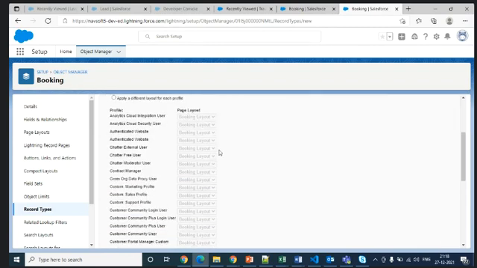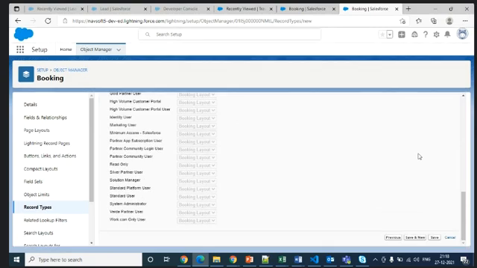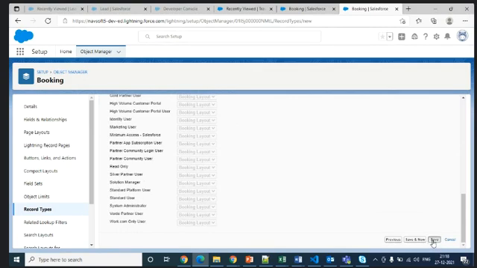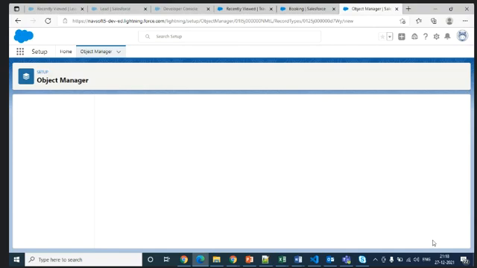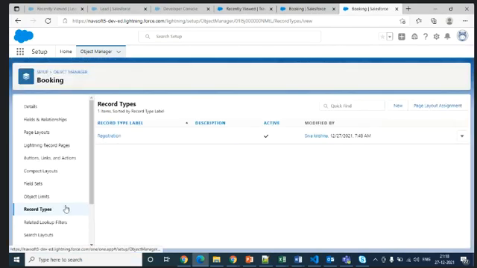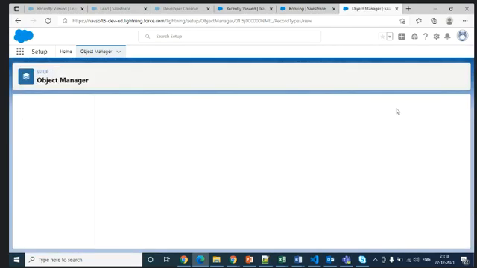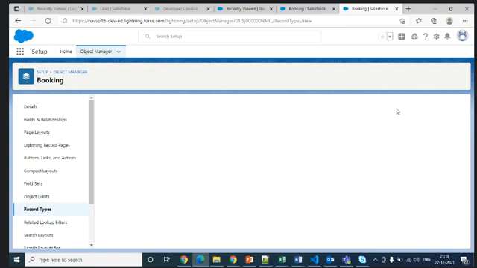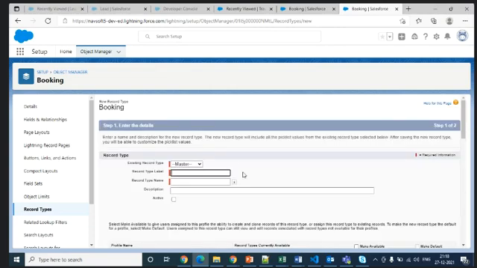It should apply for which layout, and all that you can see here, and save it. This is one kind of non-registration. One more layout.